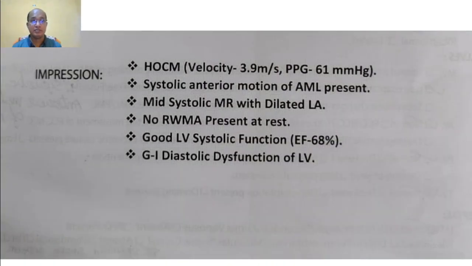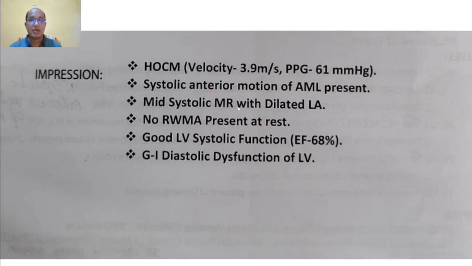Next, this is the definitive investigation, echocardiography. It is actually 2D echocardiography, and the cardiologist definitely mentioned the diagnosis is HOCM, hypertrophic obstructive cardiomyopathy, and here is velocity, PPG, etc. And the most important sign on echo is systolic anterior motion of AML, anterior mitral leaflet. It is the cardinal feature of